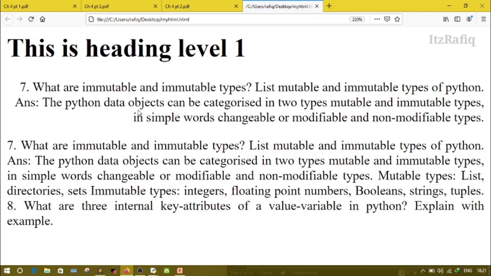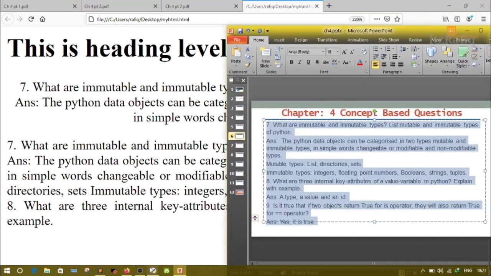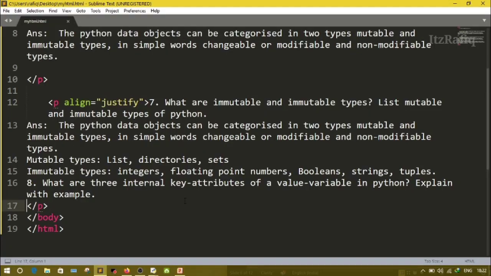The first paragraph is aligned on the right hand side, and in the second paragraph, both sides are equal, right hand side and left hand side, because the alignment is justify. When you make alignment justify, it automatically adjusts the sides of the page. If we write the alignment as center, then see what happens.